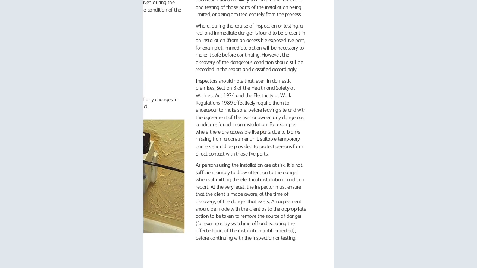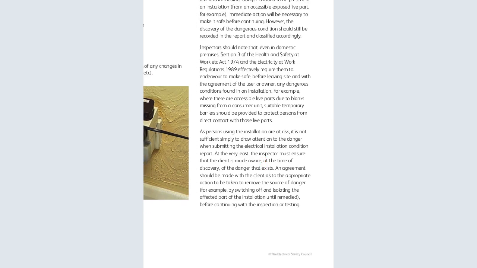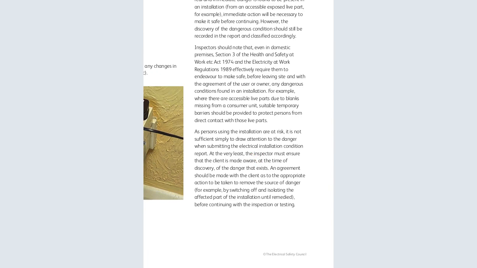The inspector should note that even in domestic premises, the Health and Safety at Work Act and the Electricity at Work Regulations effectively require them to endeavor to make safe before leaving the site, with agreement of the user or the owner, any dangerous condition found on an installation. For example, where there are accessible live parts due to blanks missing from the consumer unit, suitable temporary barriers should be provided to protect persons from direct contact with those live parts. As persons using the installation are at risk, it is not sufficient